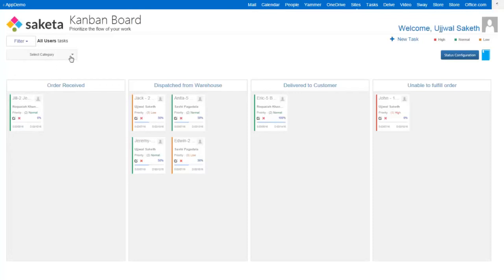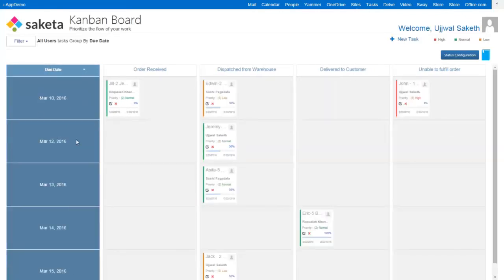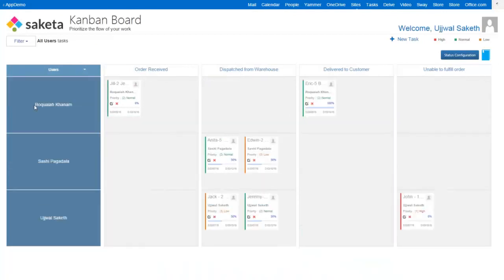You also have various filters for further assistance. By default it is filtered by category. Now if you want to filter by start date, as you can see here, this will filter by the start date. Likewise by the due date, all the due dates of the various tasks. And you can also take a look at the priorities again. The orange is a low priority, then normal priority and a high priority. And you can also filter by the users. So as you see, I seem to have the most number of tasks pending to be done.